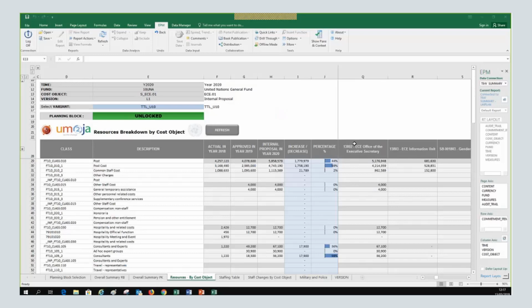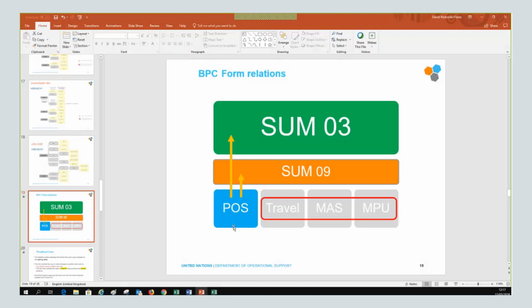So you prepare, let's say that, okay, let me take the slide to explain it. The position planner prepares the proposal for staffing, right? Then the non-position planner enters the amount on the summary 09, the way we explained before the break.